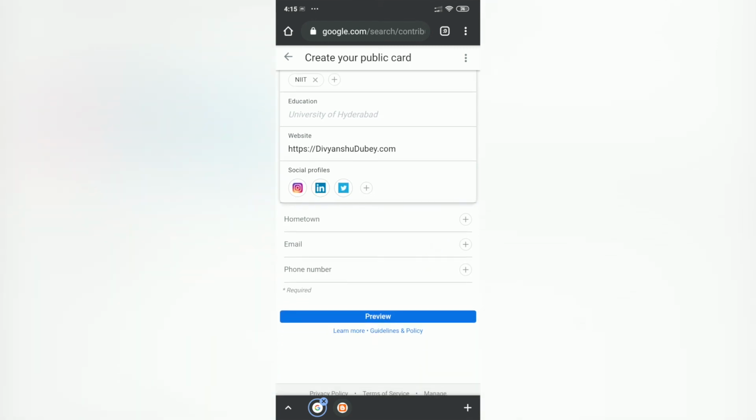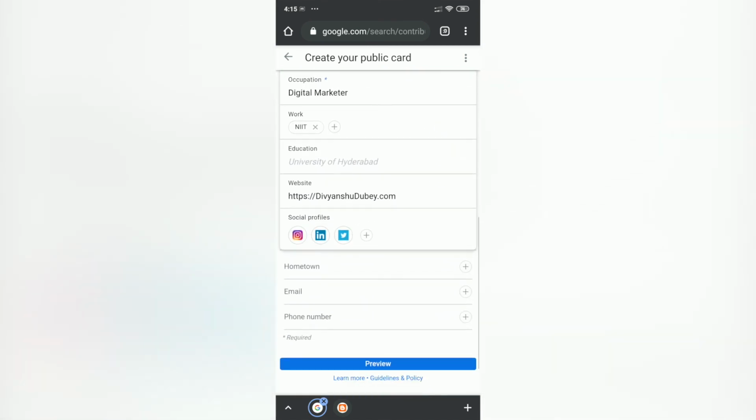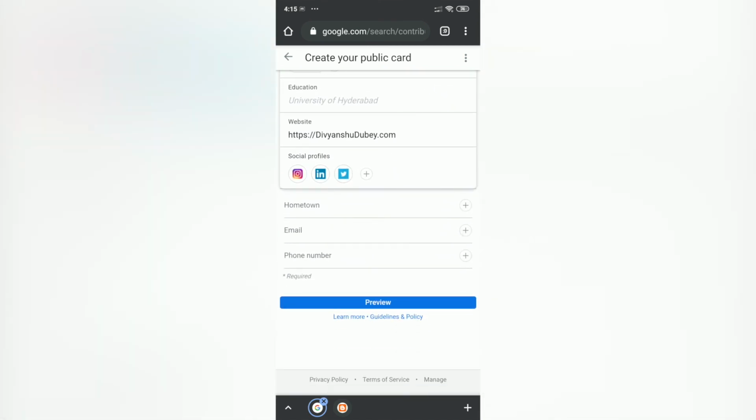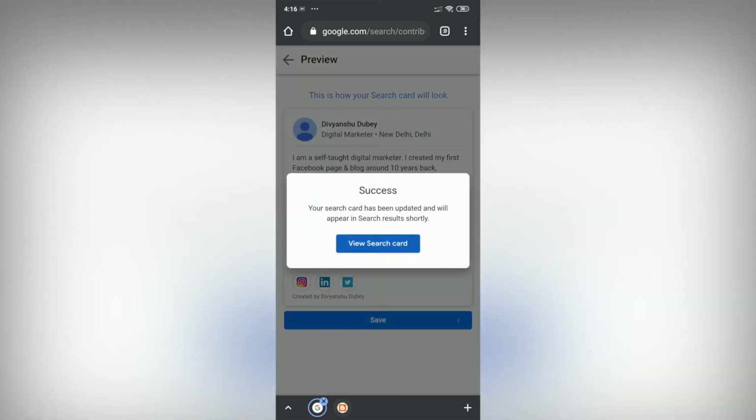There you can go ahead. All these are optional info, so I'm not going to add all the optional details. Probably I'll do that later on. You can check the preview over here. Click over preview. Something went wrong. Okay, so there you can see it is there. This is the preview. I don't know why the picture is not visible here, so let it be. I'll check it later on, or go ahead and save it.